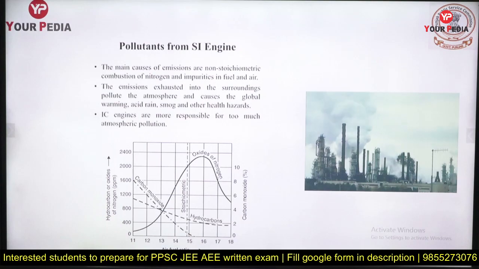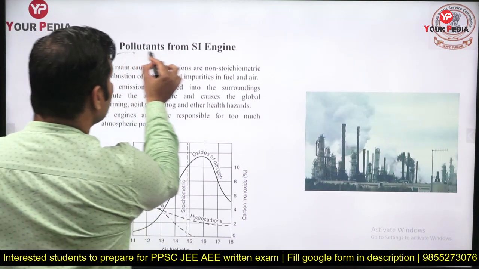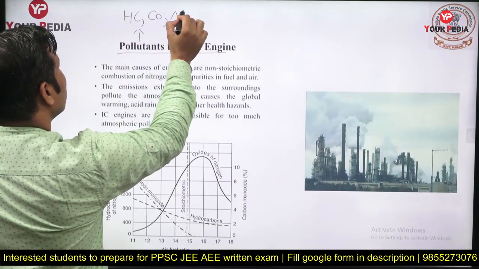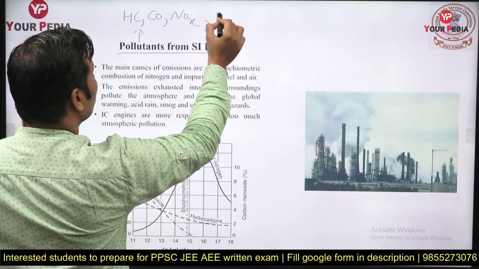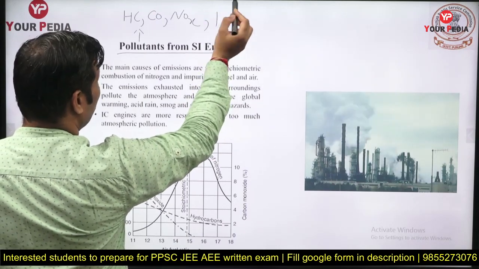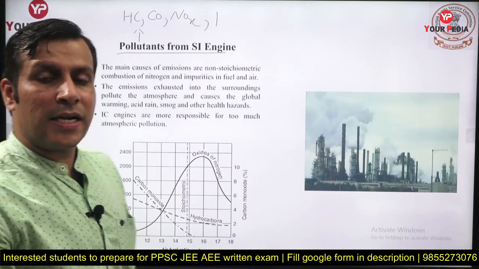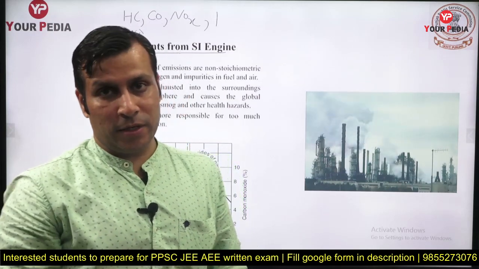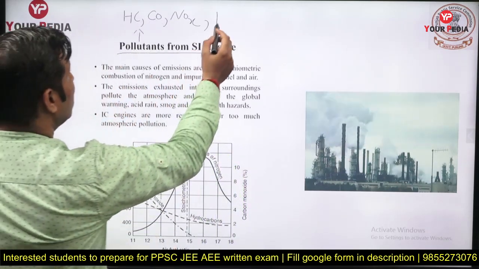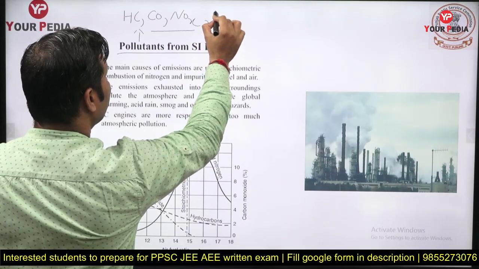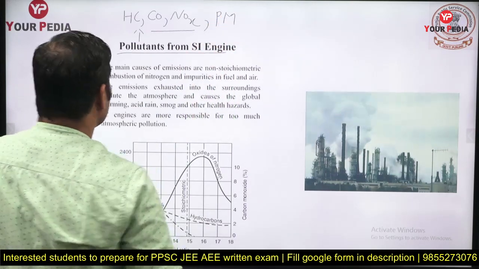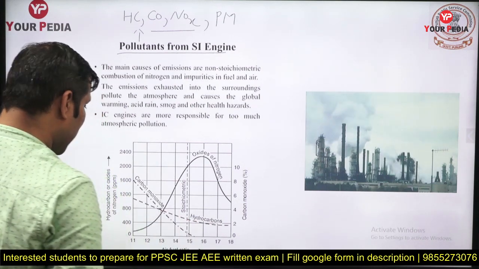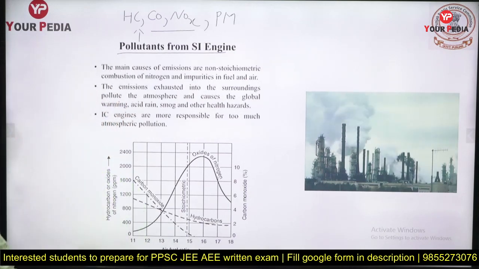Guys, as we already discussed, what are the different pollutants we can observe in an SI engine? These are hydrocarbon, carbon monoxide, and NOx emission. Further, you can have some smoke and particulate matter pollution also. Majorly, particulate matter and smoke pollution we get in the case of a diesel engine, because diesel is a kind of impure fuel as compared to petrol. So in general you can write particulate matter or smoke also. Here I'm going to show you the different pollutants and the effect of air fuel ratio. This is very important, guys.